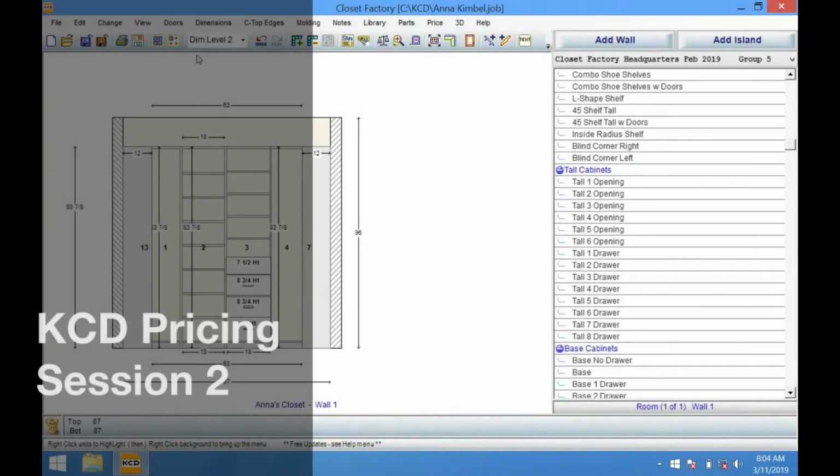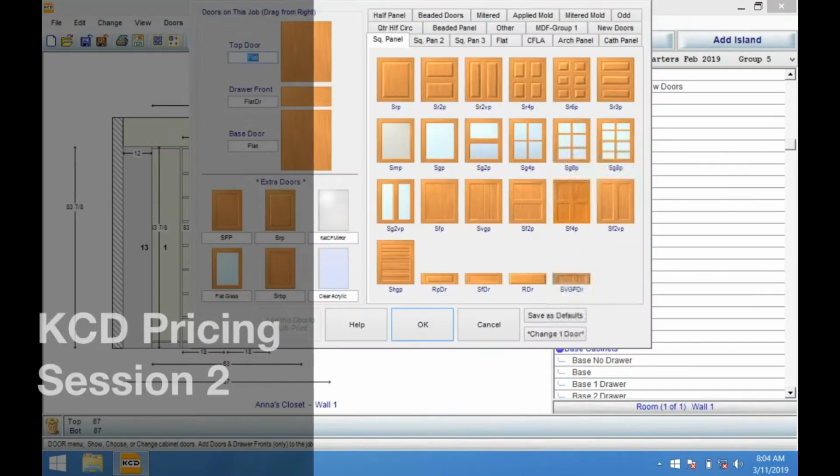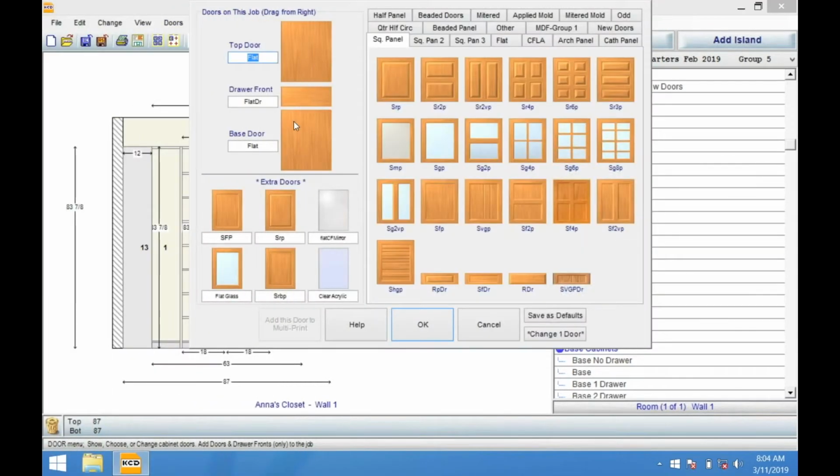So we're going to talk about the doors. And I was just saying that when you come up to doors and you're doing your show doors on this job, you have the flat edge band doors, which are the ones up here. And if you're always doing shaker doors, that's your go-to door, you can move this up. Sorry, you have to use your flat